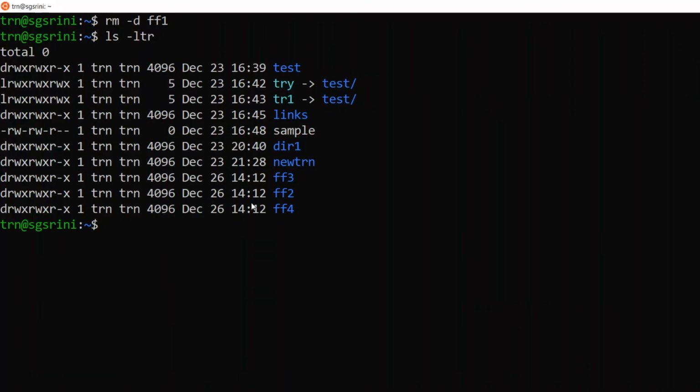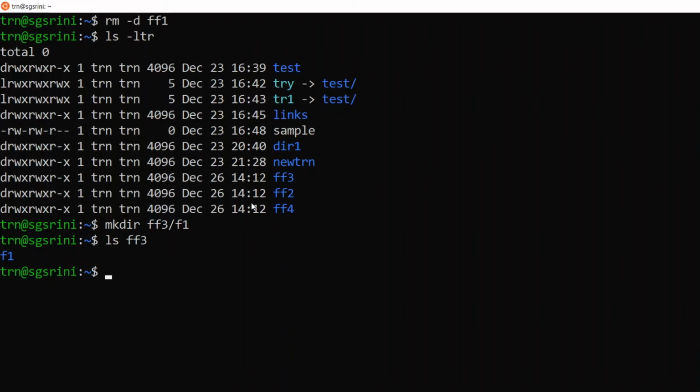Now we have one more option for rm. Let me create a recursive directory here, ff3 slash f1. So I have a folder called f1 in ff3. Let us check. So I have a folder called f1. I would like to delete this folder.